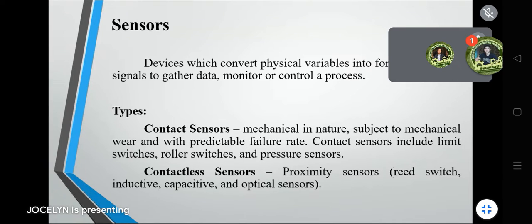Okay, so it will touch the sensor before it generates certain data into the logic, until it gives you the output. Okay, so limit switches, for example, guys, it will limit the